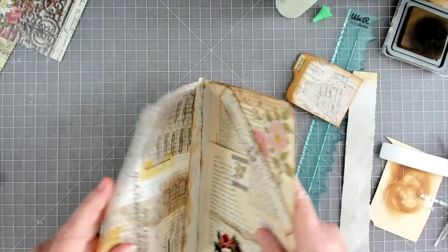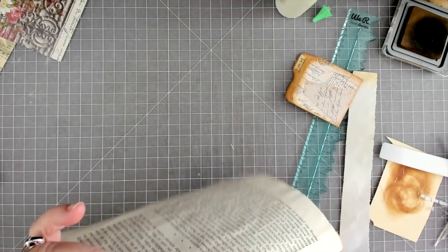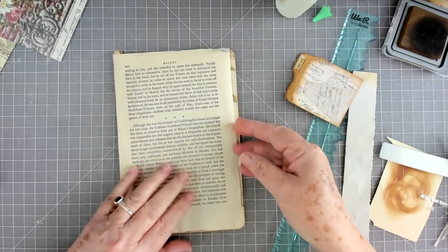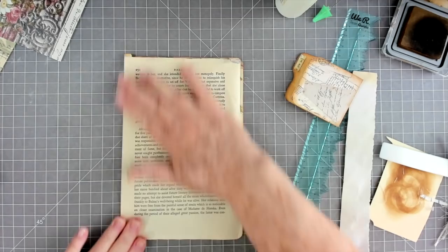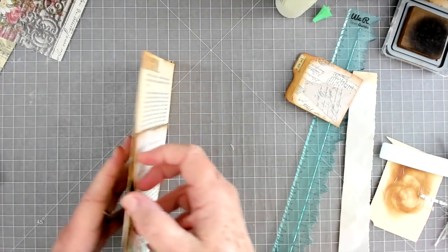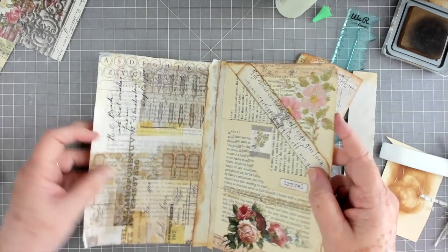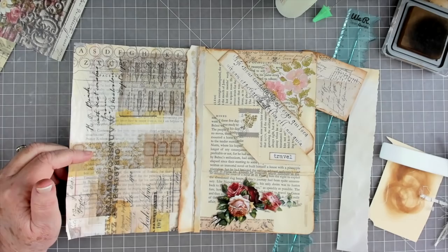So see, that's going to stitch. Let me go ahead and fold it and I'll show you. Let's fold it up like it needs to be. Make sure I get it folded straight. There we go. So that is going to stitch in your signature right there, right at that little fold. So see, you're not going to be able to see where I folded that up,